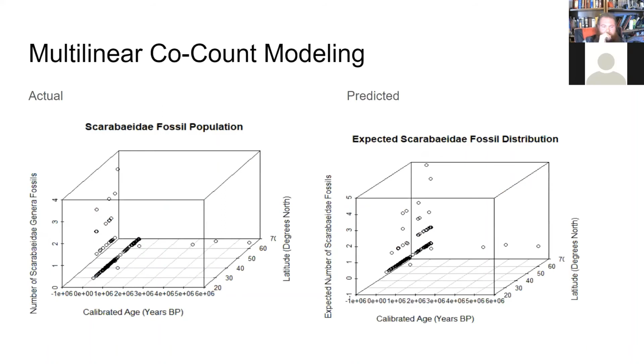So here is the sort of multilinear co-count stuff that we were talking about. And I think this is our most interesting result. You can see here that there seem to be more scarabs indicated according to our niche analysis than there appear to actually be in the record.